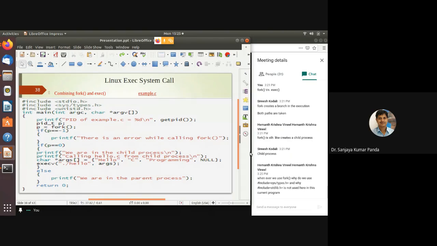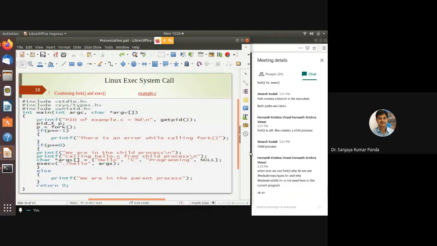Based upon the function whatever you are using, based on that, we are using the header file. Just like printf I have used, that's why I am using stdio.h. But you cross check whether it is coming under your standard library header file or sys/types.h header file. You check it.